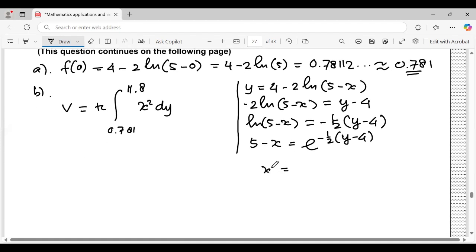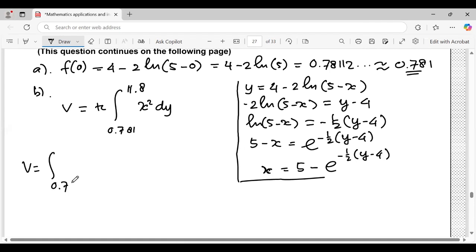So x equals 5 minus e to the power of minus 1/2 y minus 4. This is x. It means the volume equals the integral from 0.781 to 11.8 of the function (5 minus e to the power of minus 1/2 y minus 4) squared dy. Volume equals